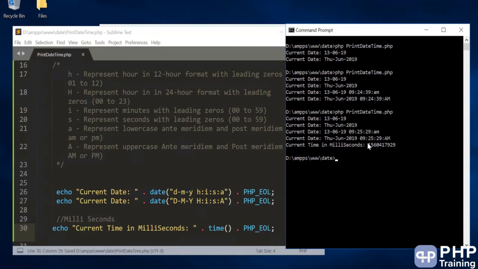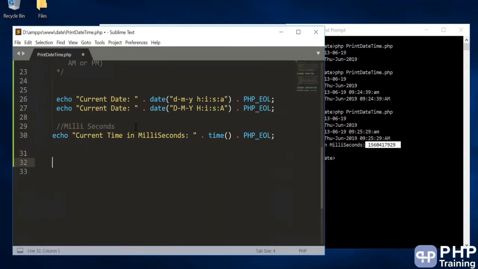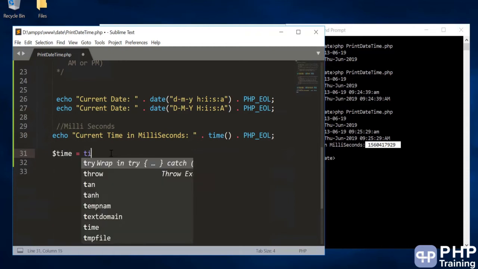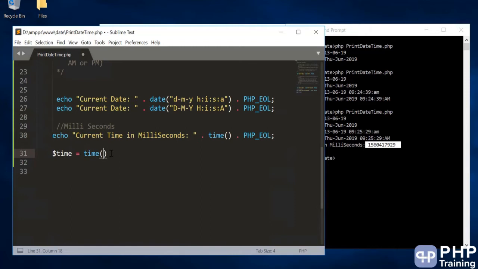Okay, that's the time in milliseconds. And let's say you want to increment the time. You want to see, if you increment the time, how you're going to convert it and show it in a date format. So for that we'll say time in milliseconds plus 1000, and let's print the date timestamp.